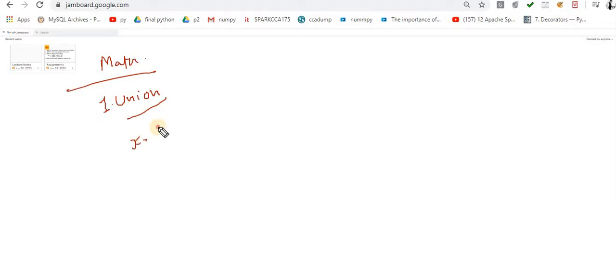Let's suppose x is a set 10, 20, and y is equal to 30, 40. Just imagine it. Now I want to perform the union operation on these two sets. What output will I get if I do x dot union of y?